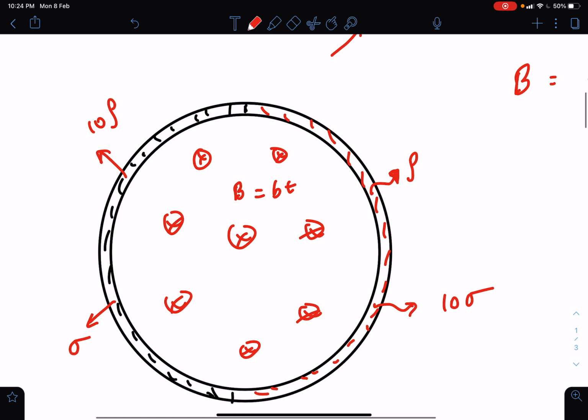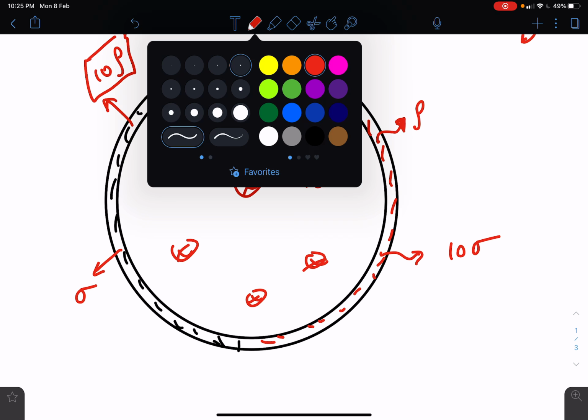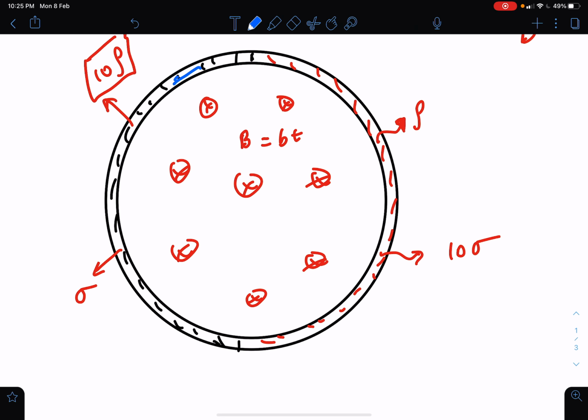Now, here we have a ring, let's say the right half and the left half. The left half is shaded with black color, having 10 times the resistance, which means 10 times the resistivity. On the right half, shaded with red color, the resistivity is only rho, whereas on the other side it is 10 rho. Where the resistance is 10 times, the conductivity is 10 times less. So if the conductivity of the left half is sigma, the conductivity of the right half is 10 sigma.